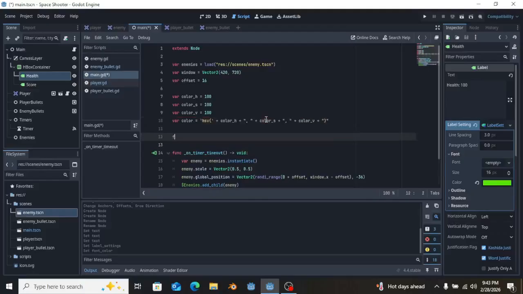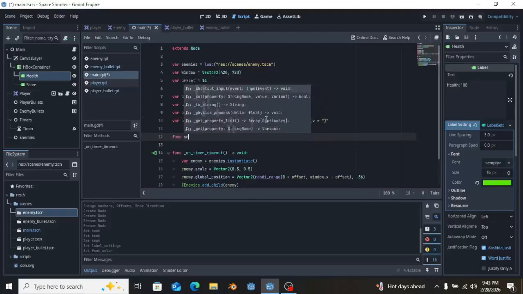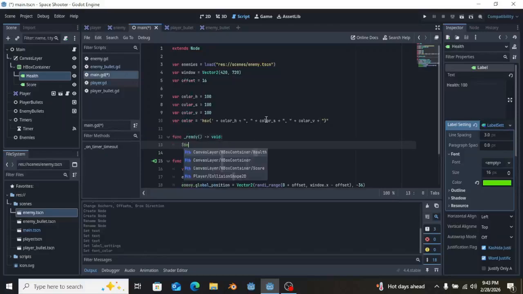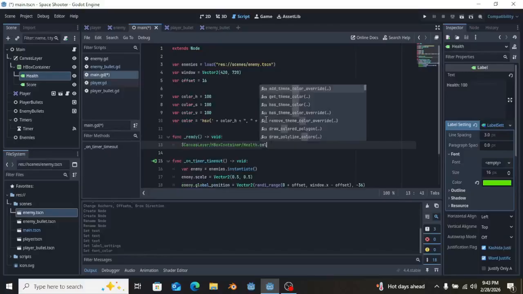And under the start function, oh sorry, under the ready function, we are going to set the else dot